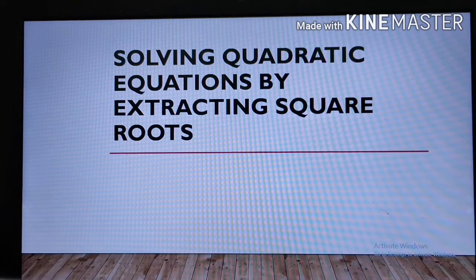In this vlog, I am going to discuss how to solve quadratic equations by extracting square roots. There are three properties that you can use in solving quadratic equations by extracting square roots. The first one,